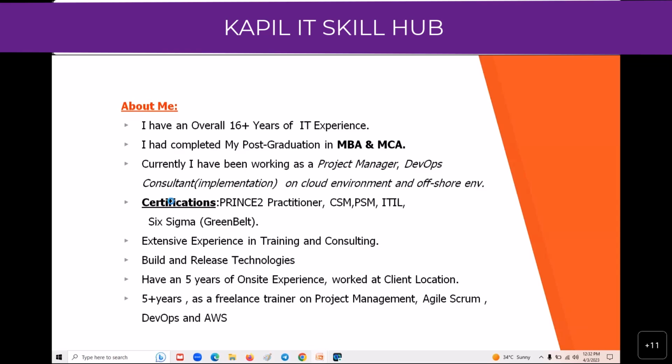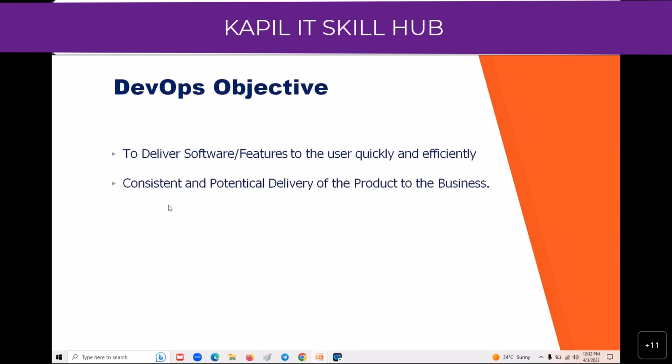So what is meant by DevOps? First thing, DevOps is a buzzword right now in the market. Most of the organizations are recruiting resources who have the skill set of DevOps. But why? What makes DevOps implementation important in your project? Before DevOps also we developed projects. But what makes it significant in application development? That we need to know.